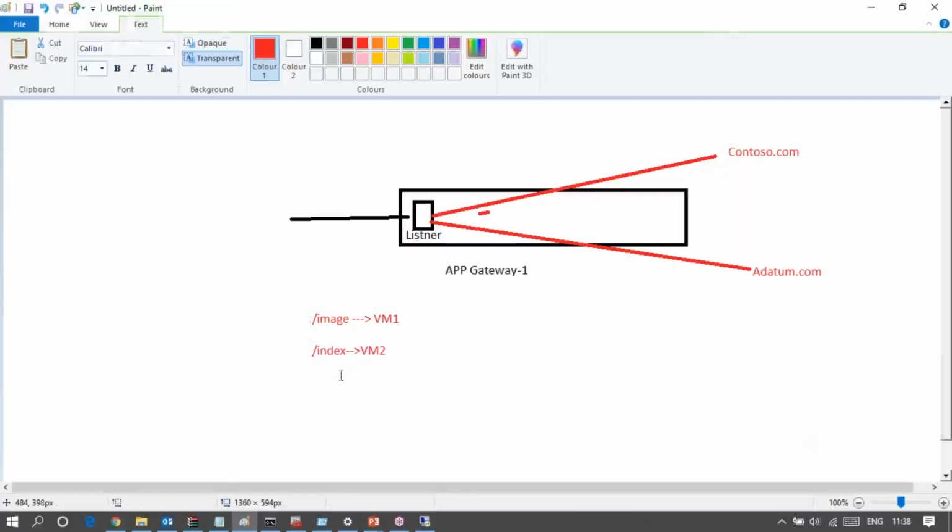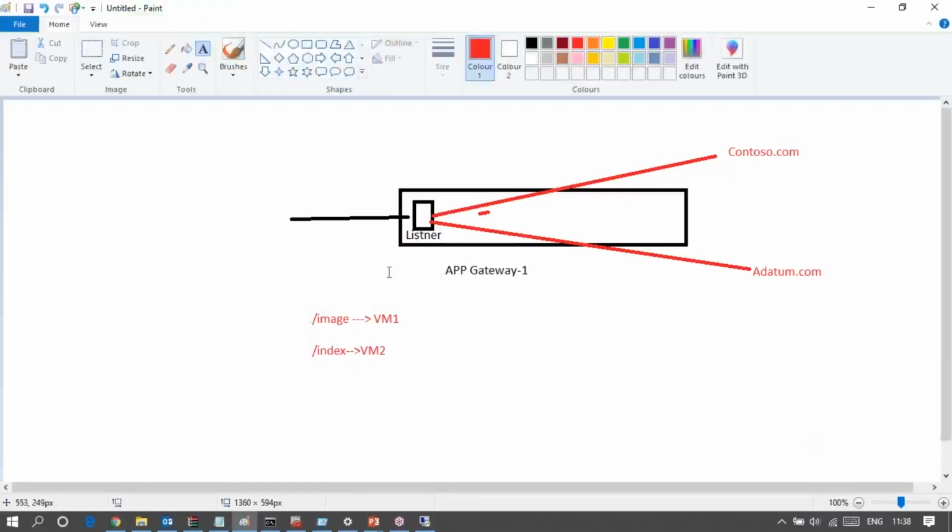And you asked me about the SSL offloading, HTTP to HTTPS or HTTPS to HTTP redirection. That you can also configure in the listener. We can upload the certificate to the listener for secure configuration. So that is the SSL offloading, you can say. You don't need to put a certificate on your backend servers.